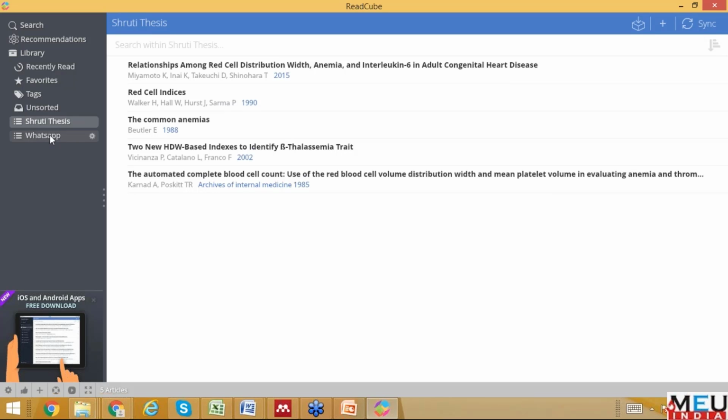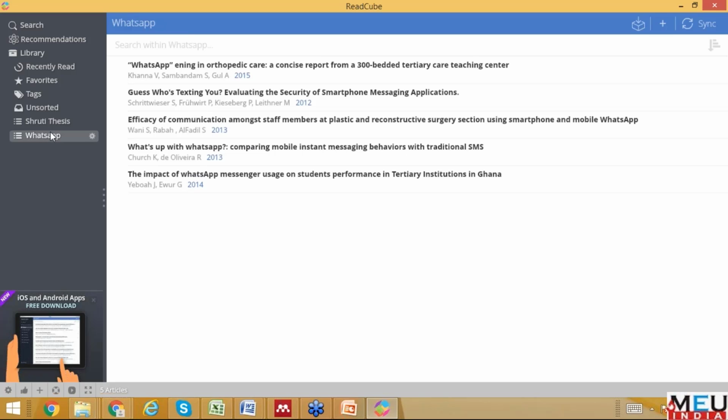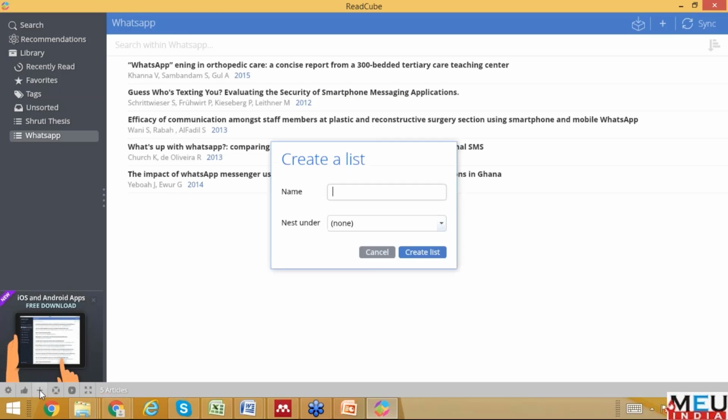I have a folder for an article I was writing on applications of WhatsApp in medical sciences. So I have some papers here, and supposing I want to create another folder, I just have to click on the bottom here and then name it, say I want papers on hematology,